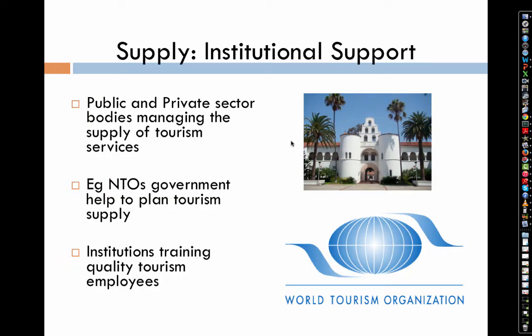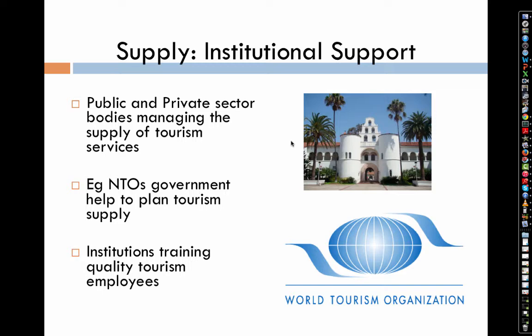Institutional support is something that perhaps we don't often think about, but this is required to make sure that there are quality employees available to work in the tourism industry itself and in the organisations that plan for tourism. So these institutions tend to be public and private sector bodies managing the supply of tourism services. For example, national tourism organisations, which are usually arms of government, help to plan tourism supply, and you need quality people there who can analyse markets and make the right calls on accommodation supply, on increasing transport infrastructure and